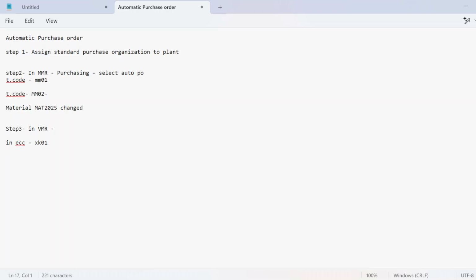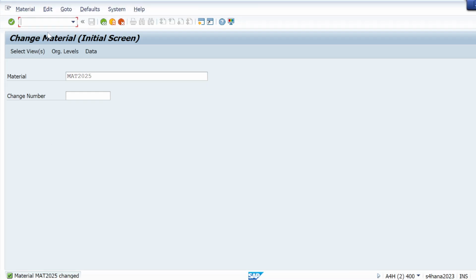But in the S4 system, we will just use T code BP, because that single T code is there to create and to change everything. So let me use BP. But before that, let me open the list of my suppliers.